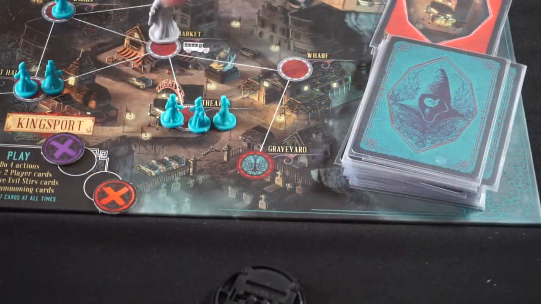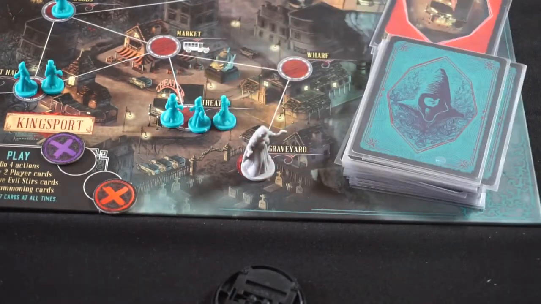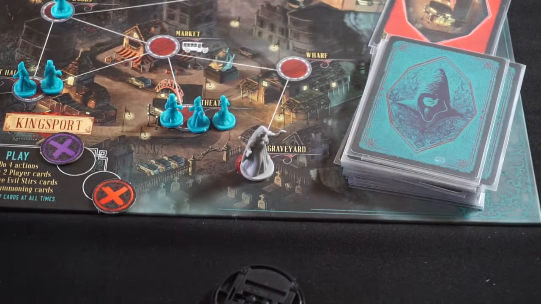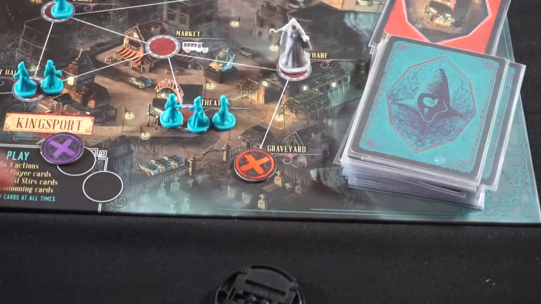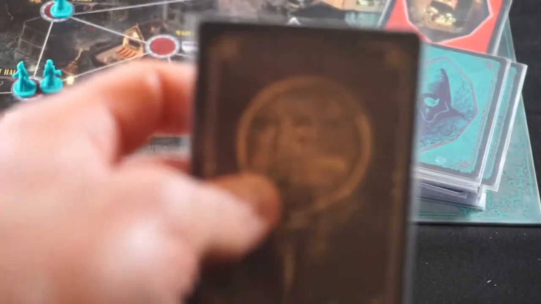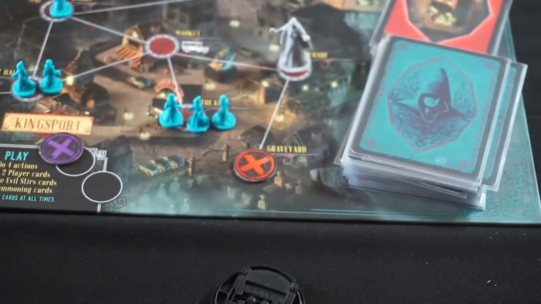The Occultist is going to move action 1 to the wharf, action 2 to the graveyard, action 3 she'll discard her 5 Kingsport cards to get our first seal on the board. And then action 4 she'll move back up to the wharf. I'll plan on bringing her back down and dealing with the theater next turn. Anyway, 2 player cards. We find an Innsmouth, which might be travel fodder at this point, and...